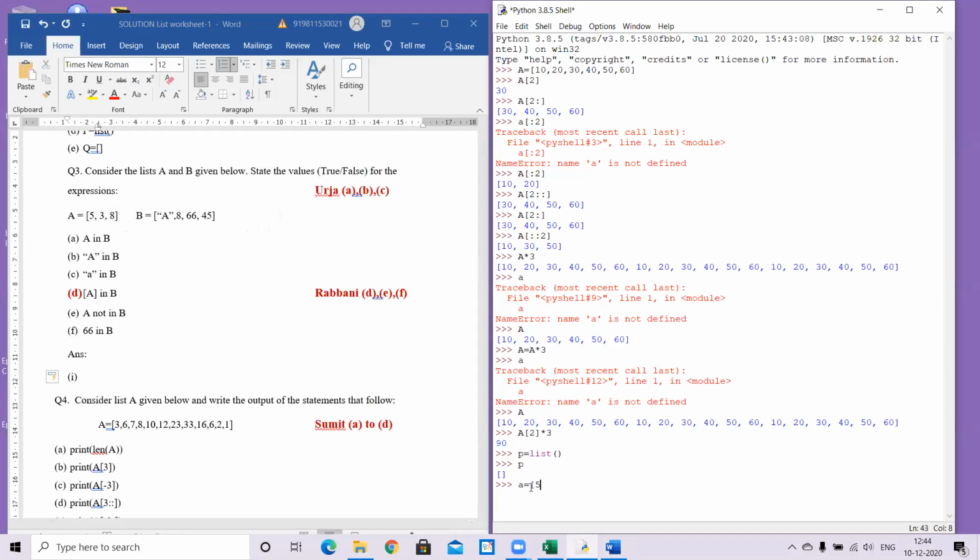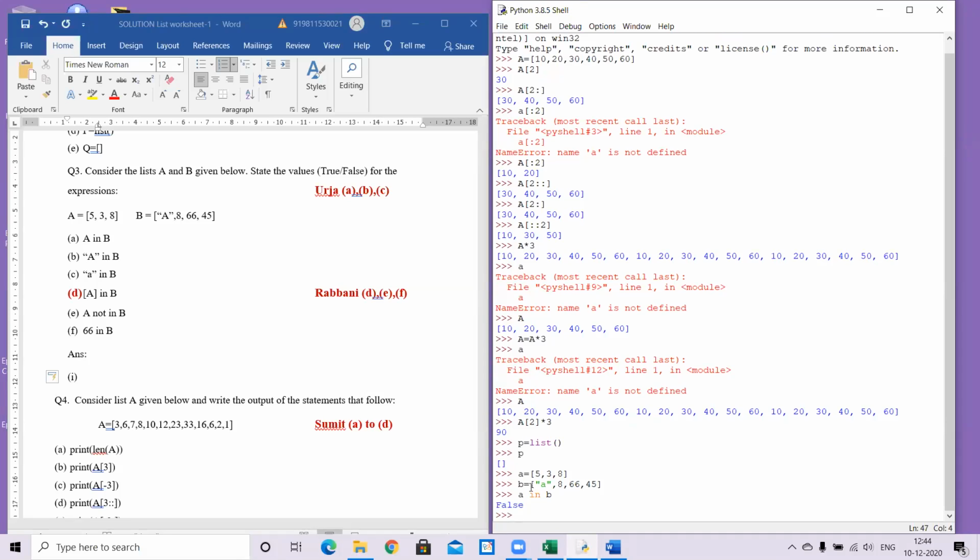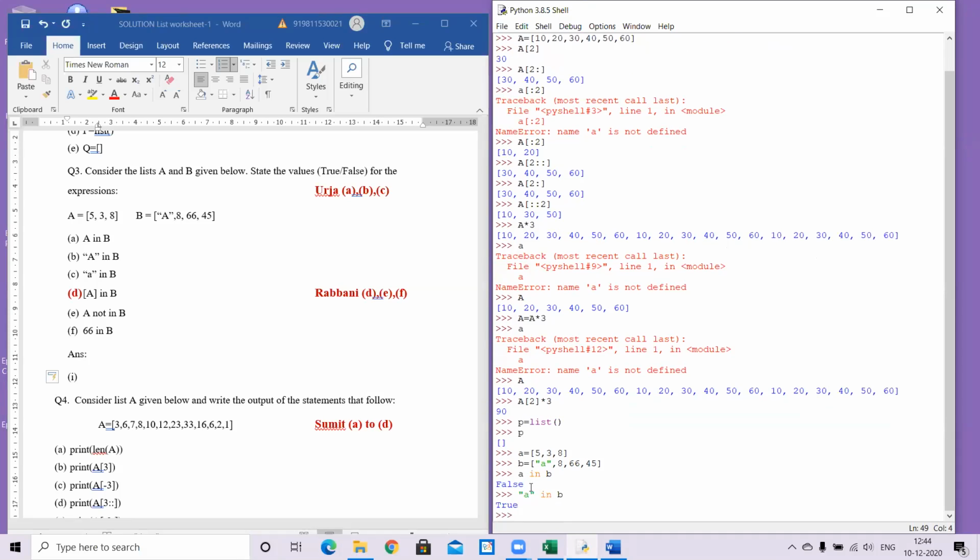Ma'am, one thing I wanted to ask you: if something like A is in double quotes, that is actually the question in this. If I am searching for A without quotes, is it similar to searching for A with quotes also? That is the tricky part in this question actually. Why? Because A with double quotes, we understand it as strings. Yes. So if I say A in B, will it take it up as a value? No, it will not take it up as a value. But if I say A in quotes, in B, that will be taken up.